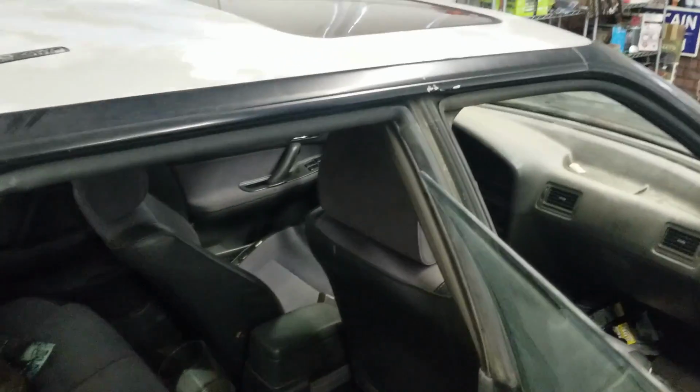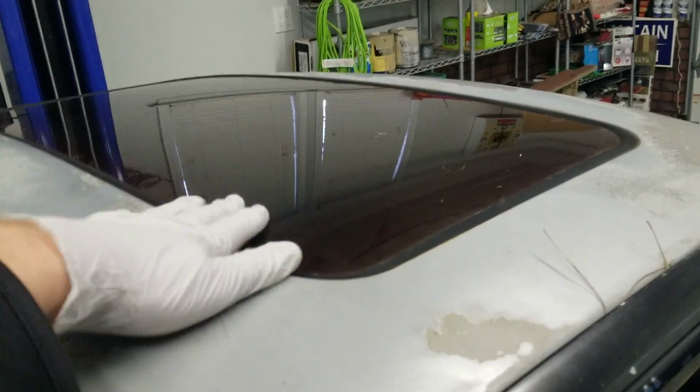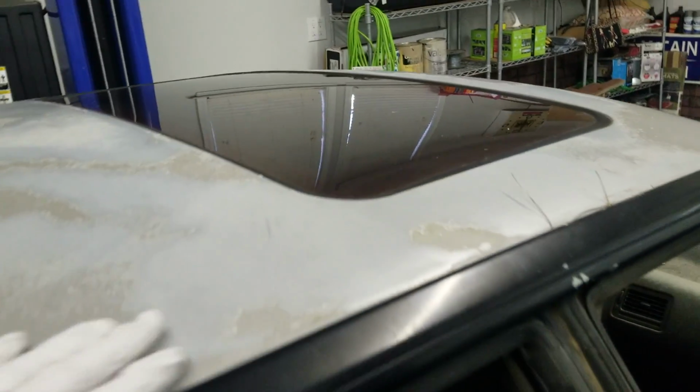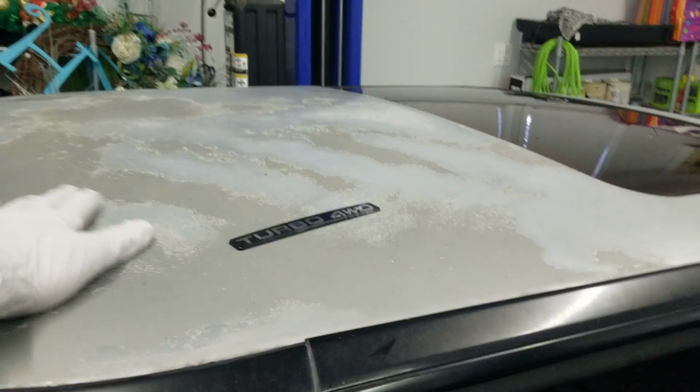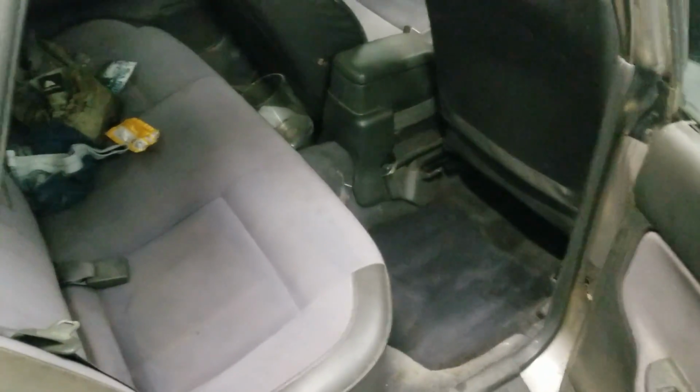We're gonna have to do something about that, obviously, before the snow gets here, so whether that's siliconing it shut for now, or getting it to go up just a little bit, either one is fine with me, as long as it doesn't leak water for now. It's obviously not the prettiest car, but when it's painted, it's gonna have to be fixed right, though. But for now, it'd be okay to silicone it, to me. So yeah,